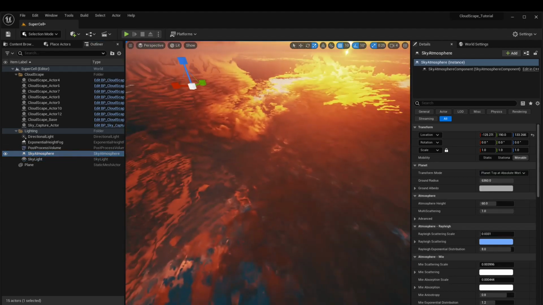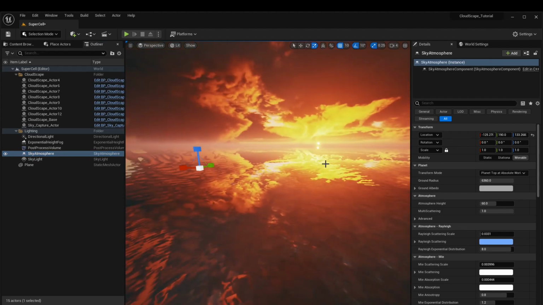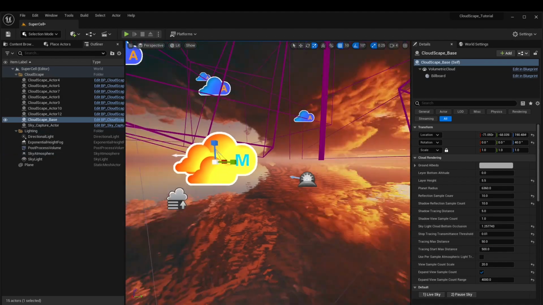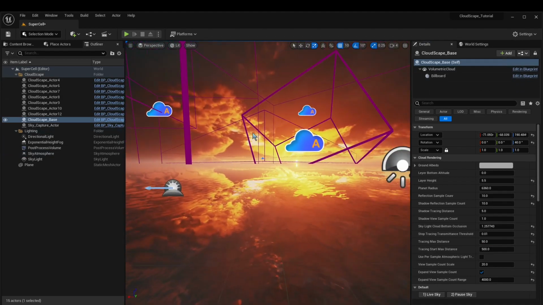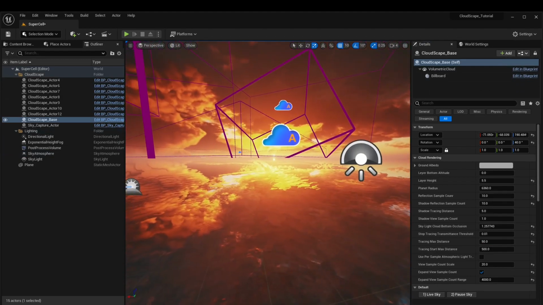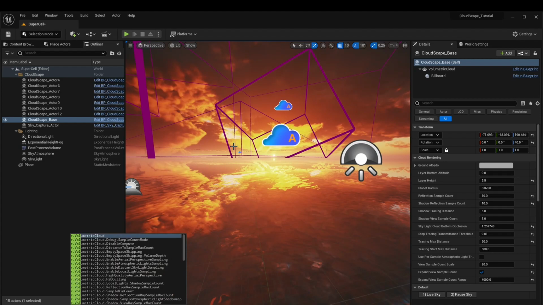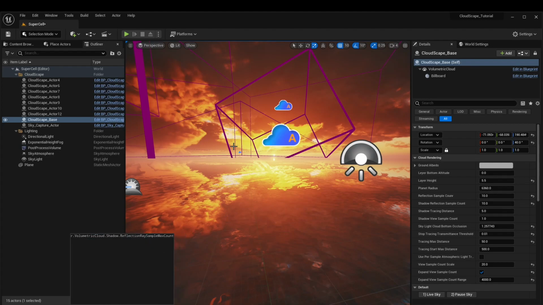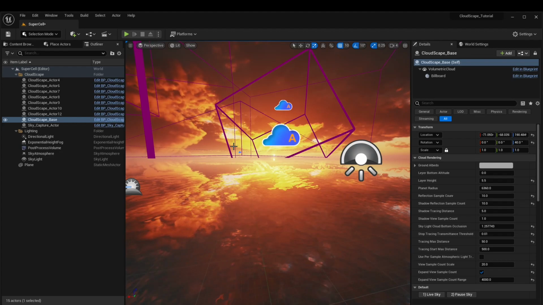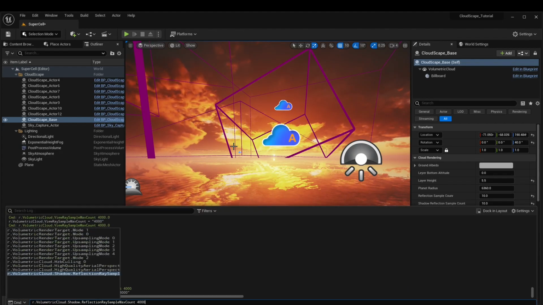And right now we could see that, well, it's looking pretty close, but still not as close as we'd like them to. It's not a perfect mirror. So let's just select our CloudScape base actor, and we're gonna go into our r.volumetric cloud, and we're gonna look for shadow reflection sample count maximum. We're gonna set this to 4000, and next up